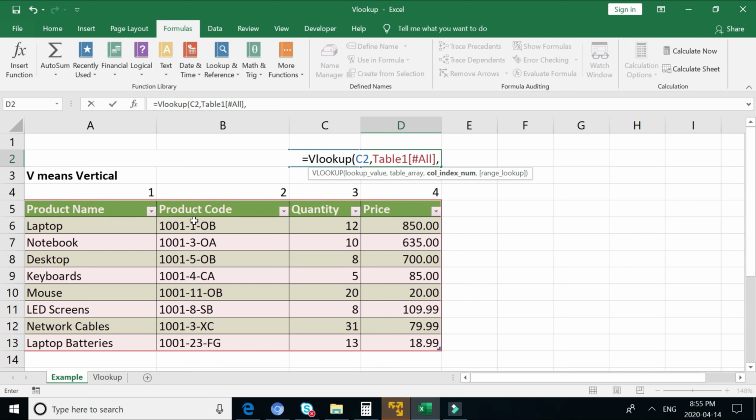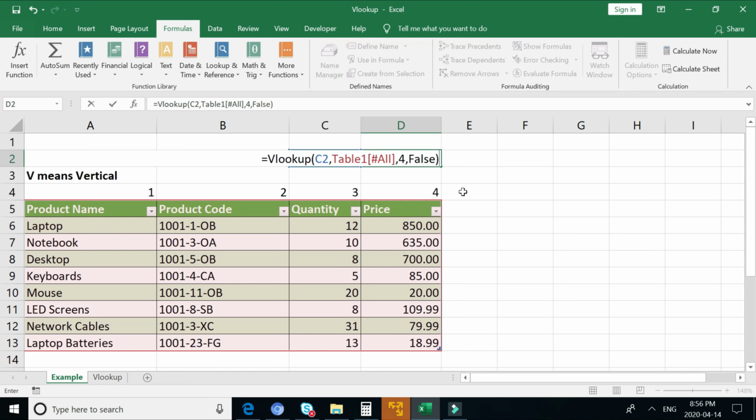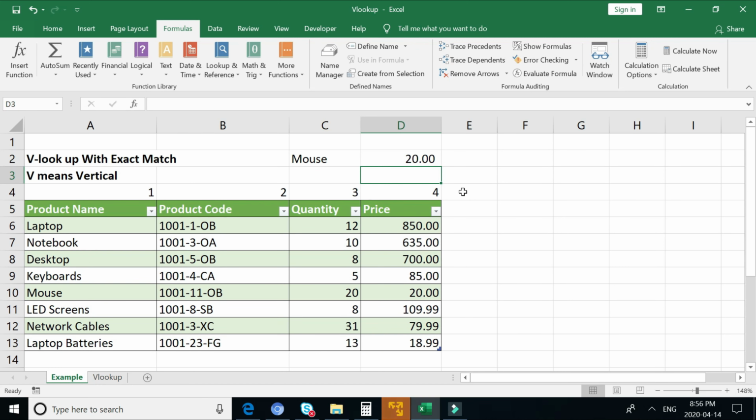And what we're looking for, we're looking for the product code, quantity, or price. For example, here we're looking for the price for the mouse, which is in column 4. So I press 4, and I'm looking for an exact match. Exact match means you have to put FALSE, or we can press 0 as well. Both will give the same result. If you press enter, you will see the answer,